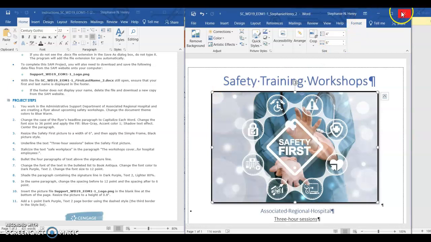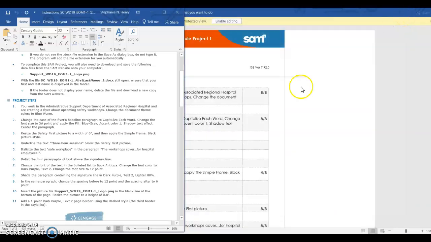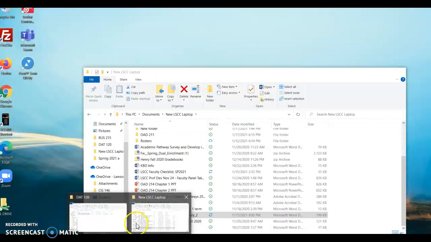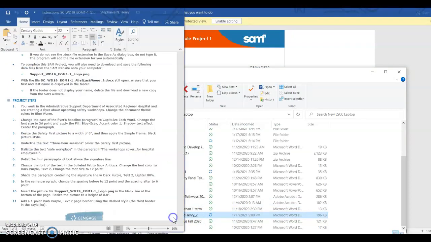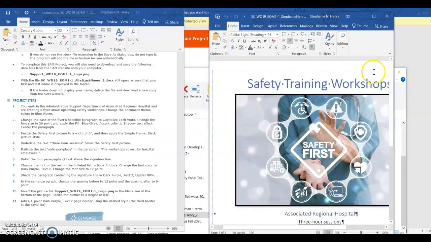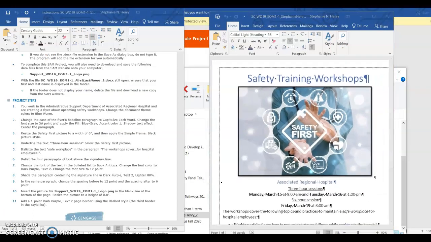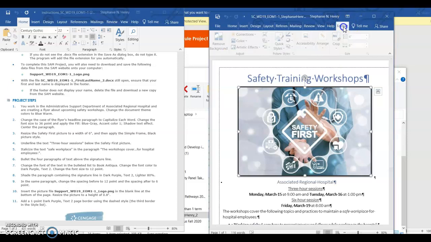And so now I'm going to close it and then reopen it to make sure that it now says 6 inches. So I'm going to go back to where I have it saved. I'm going to reopen it because I'm checking to make sure I get all my points. So this is the document opened again, and I hope I have enough time left. Okay, now I'm going to click the picture, and I'm going to go to the format tab, and it is 6 inches. So this is width,